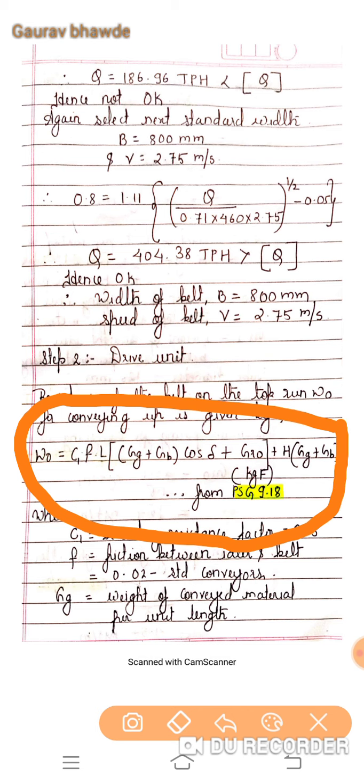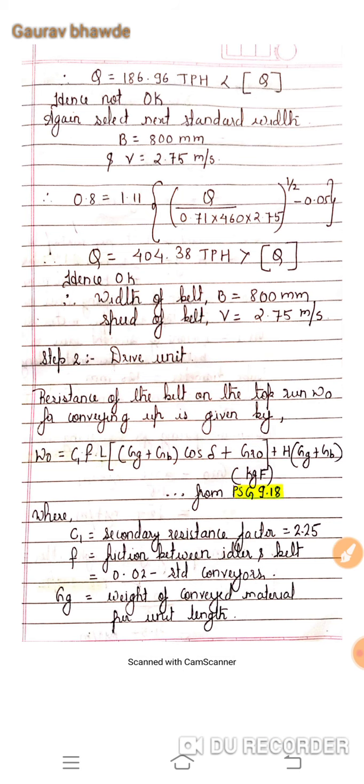The formula, which you get from PSG page number 9.18, is W naught equals C1 F L (GG plus GB) cos delta plus GRO plus H (GG plus GB), which is given in kg force,